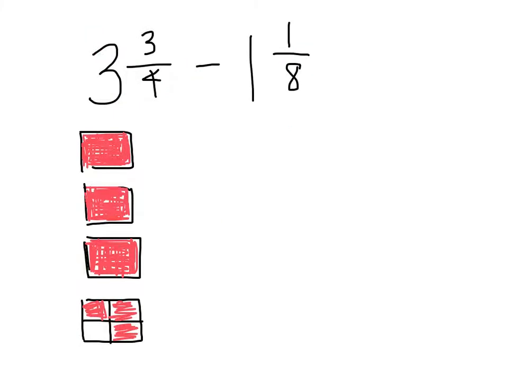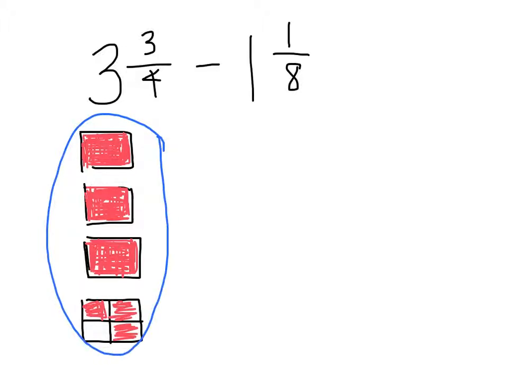What we remember is that a mixed number is simply a number that has a whole number part and a fractional part. So in this example, 3 3/4 and 1 1/8 are both mixed numbers. On the left-hand side of your screen, you see a picture of what 3 3/4 looks like. And what we know is that we need to take away 1 1/8 of that picture. So that's 1 whole